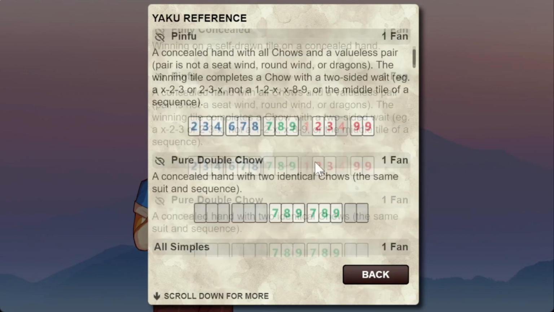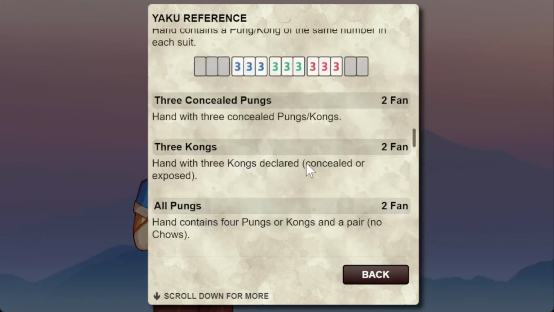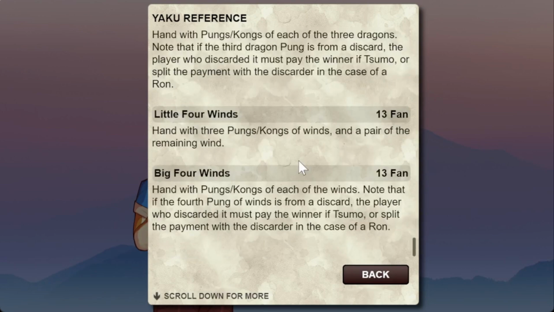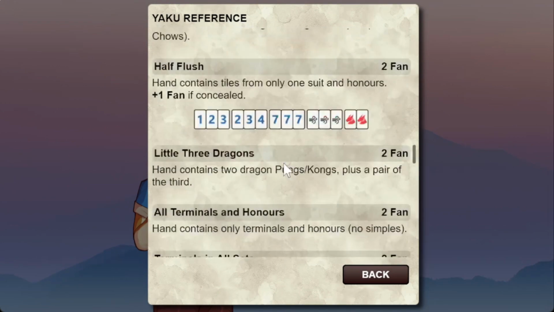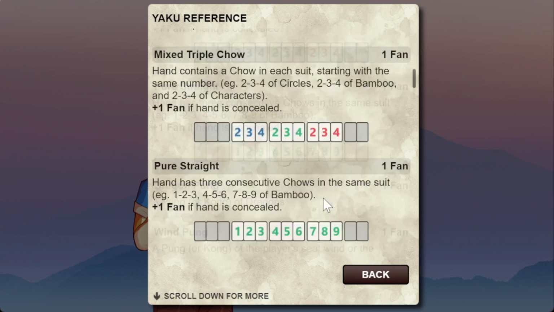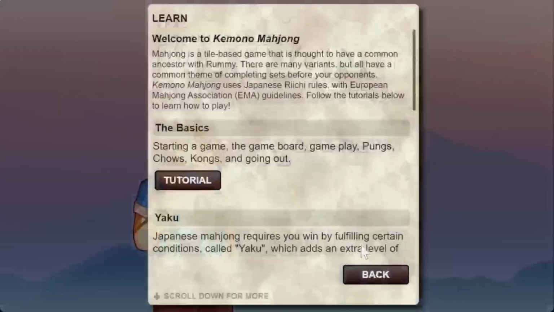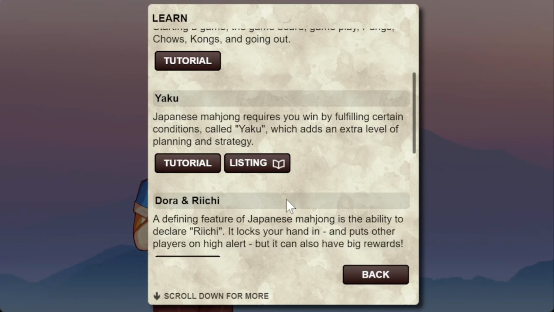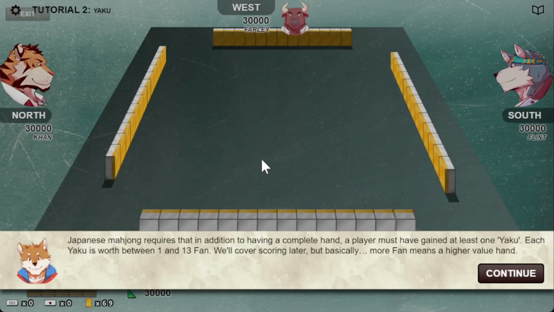That's just... I was really hoping it was just going to tell me about, say, 3 of a kind and pairs and sequences and full houses and all that, but I think that's what this is. Okay, we will do one more tutorial and then I'm just going to throw myself into a game and utterly lose. Japanese Mahjong requires that in addition to having a complete hand, a player must have gained at least 1